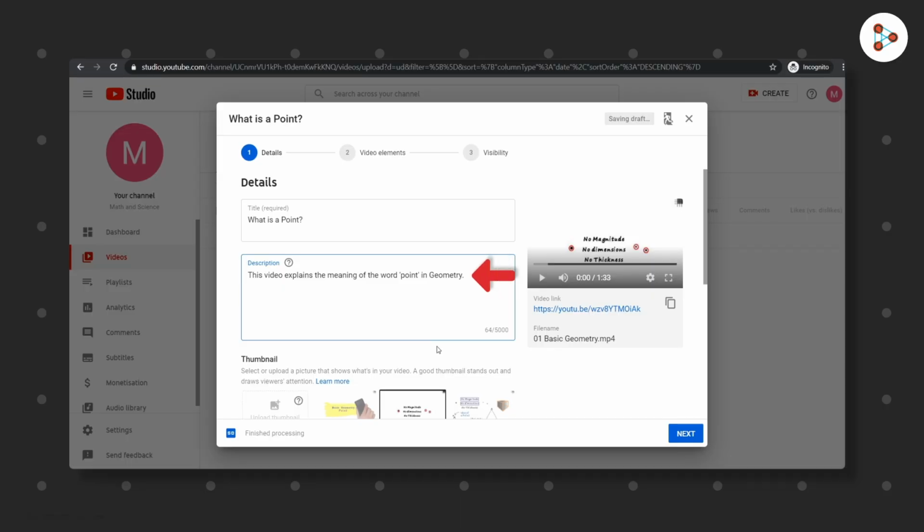The top part should always contain the actual description of your video. And then you could add your school website link or your YouTube channel subscription link and so on. So the description box is not just about the description of your video, but a lot more.